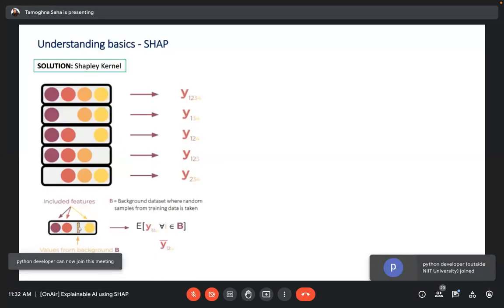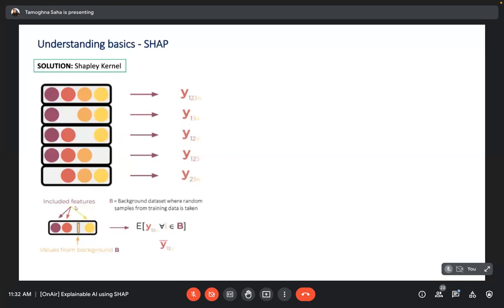Of course, you will be replacing only with the corresponding column and not anything different. Mainly, we are going to keep the other features fixed, whatever values they have, and we're going to just fluctuate the one which is not present. In this way, we are going to get all the possible predicted values. Once we get all of those possible combinations, we'll take an average of them and we get an average prediction out of it.